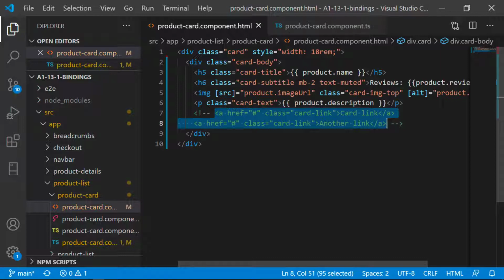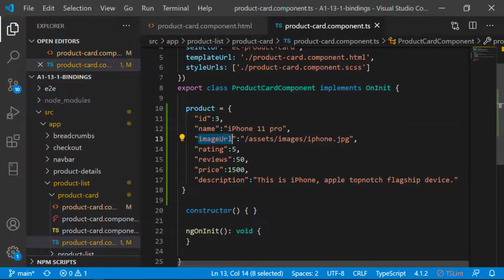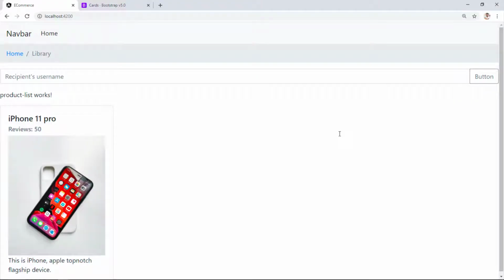What do these double curly braces mean? One-way binding. When you say product.name, Angular goes inside the component and tries to find the product model, then evaluates its name property and it shows up on the UI. Let's see in the browser. Now we can see the product card component populated with dynamic information from the model.